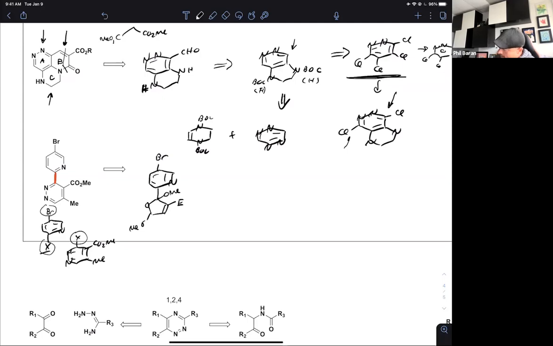That's our 1,4-dicarbonyl hiding. And you may say, hey, Phil, that's a really strange depiction of a 1,4-dicarbonyl. Why did you do that? Well, the reason I did it is because this is nothing more than a furan. It's hiding. So this cloaked furan